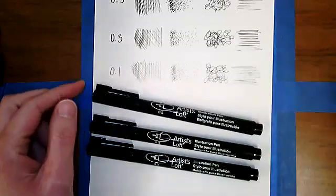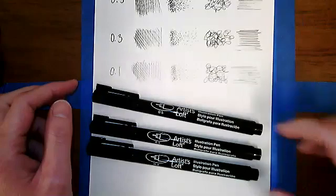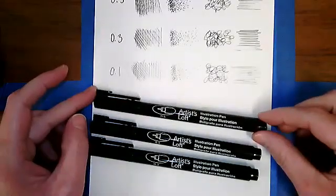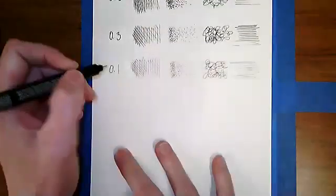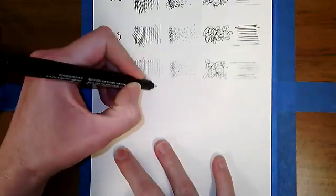Because the one thing about pen is there are no take backs. Once you put a line on in pen, you can't erase it. But I think that's the wonderful thing about ink that I love so much. Okay, so I'm going to start with the 0.1, and I'm just going to make a series of